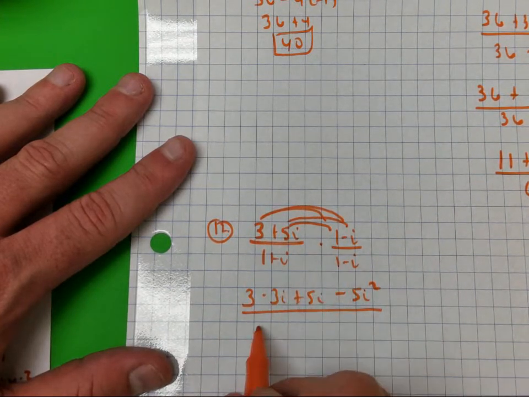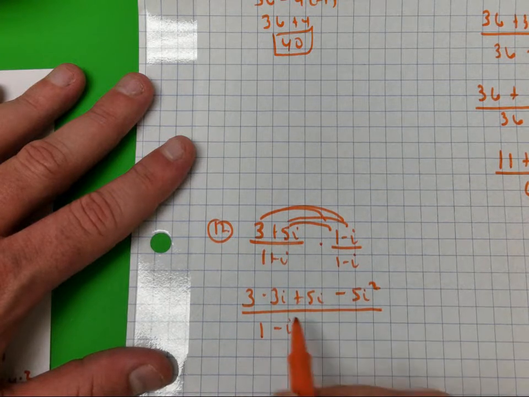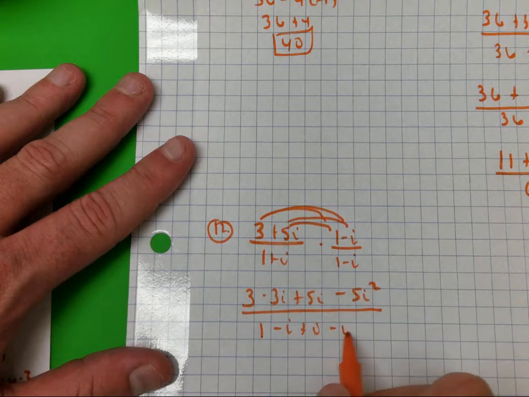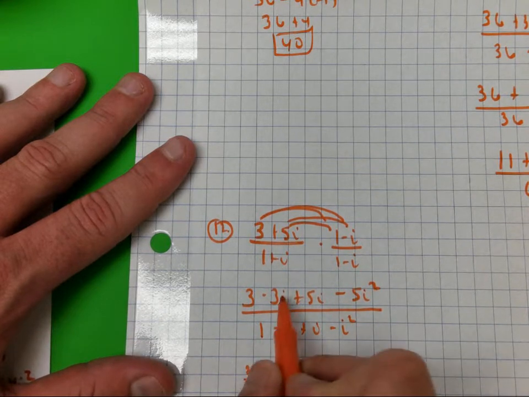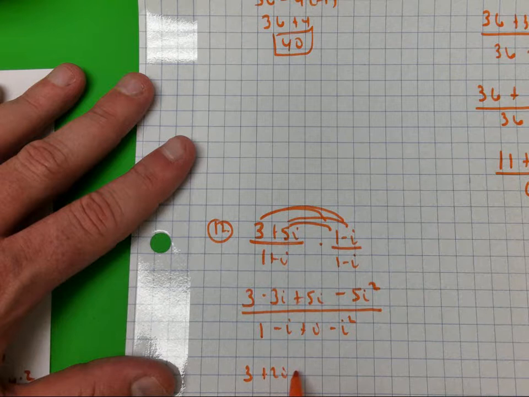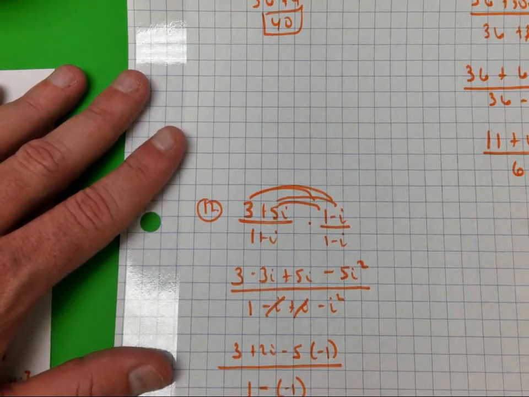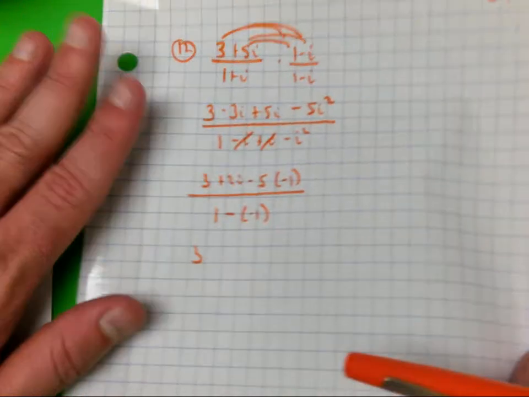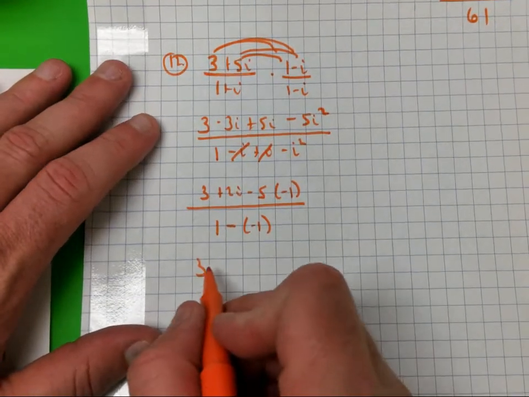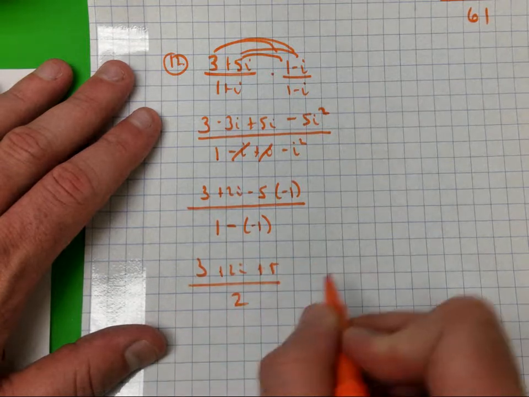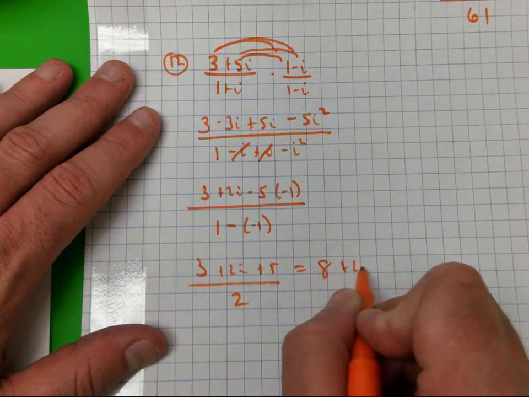All over. 1 times 1 is 1. 1 times negative i is negative i. i times 1 is i. i times negative i is negative i squared. I'm cleaning it up. Negative 3i and 5i gives me 2i. Minus 5i squared is equal to negative 1. Over. These cancel out. 1 minus i squared is negative 1. So now I have 3 plus 2i plus 5, that's the double negative, which equals 3 and 5 gives me 8 plus 2i